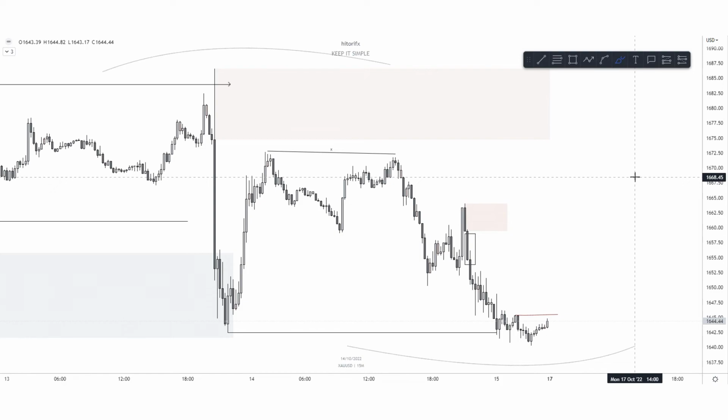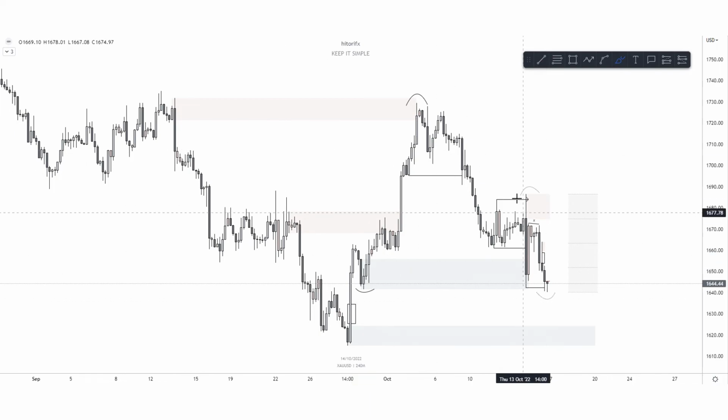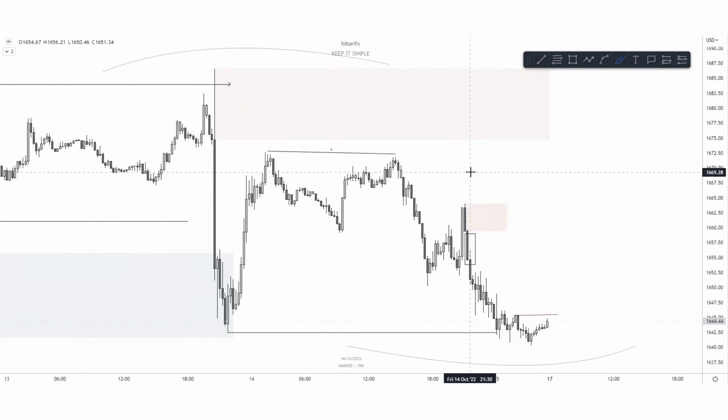I notice I spot zones a lot better compared to structure. So I just don't complicate structure. I don't complicate any of this, just draw really obvious zones and stick to them. You could hit something random and go, but I don't really care at that point, because I think you'll be a lot happier by not trying to think if it will react to something random, but just focusing on what you can control. And in this case, what you can control is choosing really obvious zones that you think have a high chance of playing out, and just draw less and focus on those zones. That's really helped me cut down on the noise.